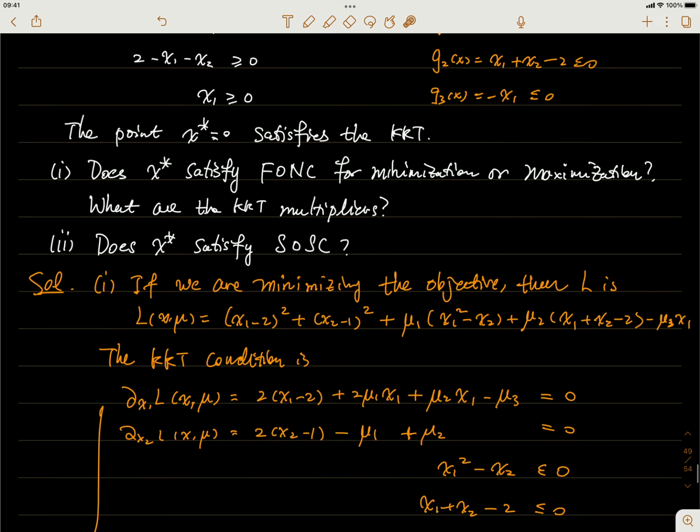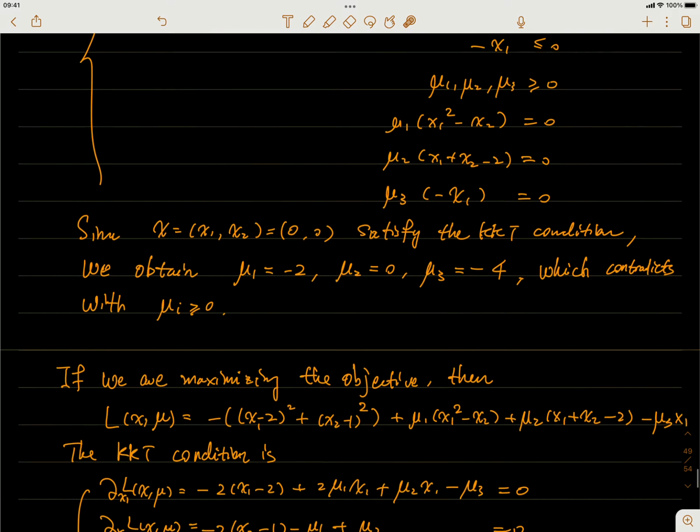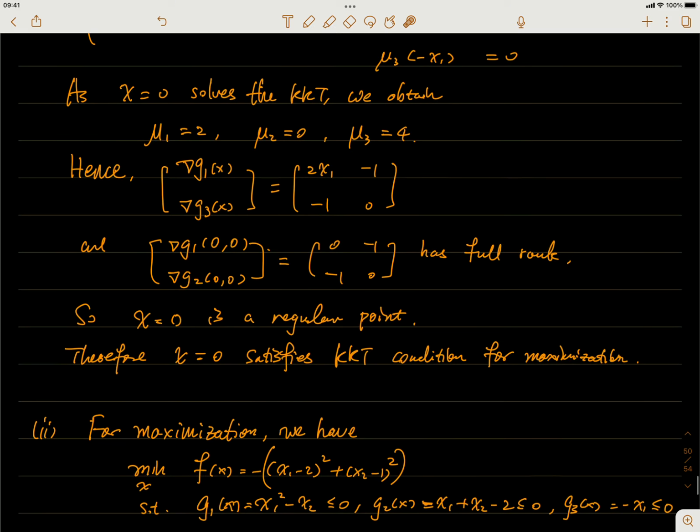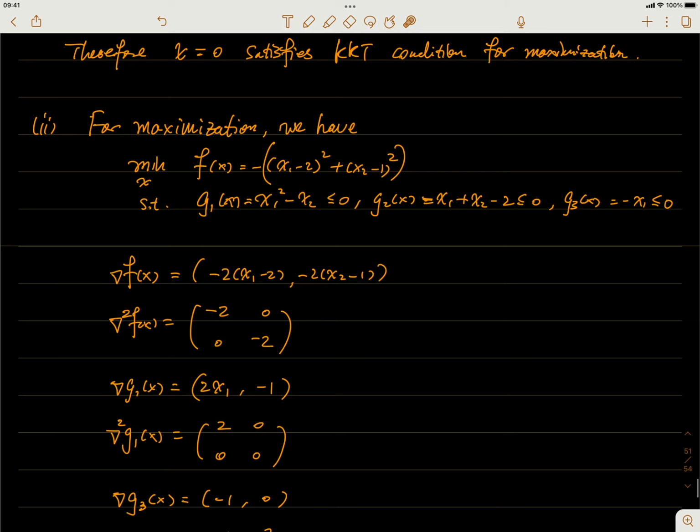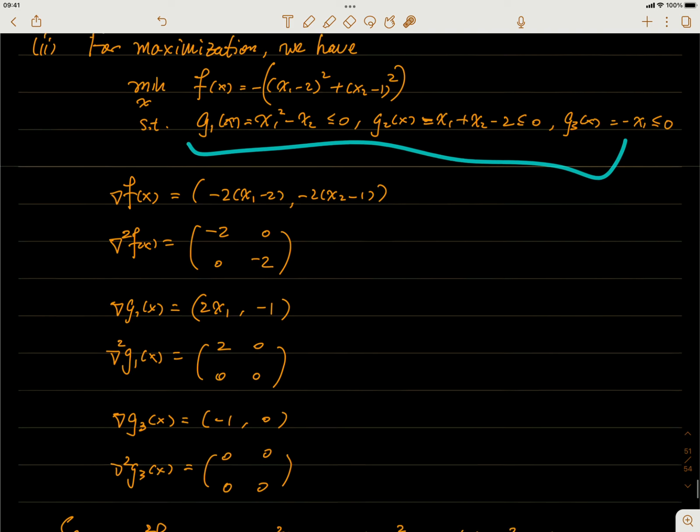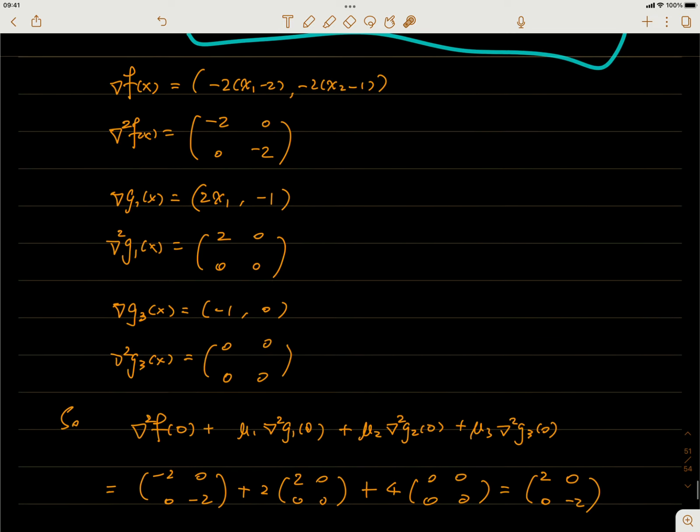Does it satisfy the first order necessary condition? And what are the KKT multipliers? Okay, so as you can see, if we're maximizing it, then everything becomes reasonable. The f is this, g is this, and what